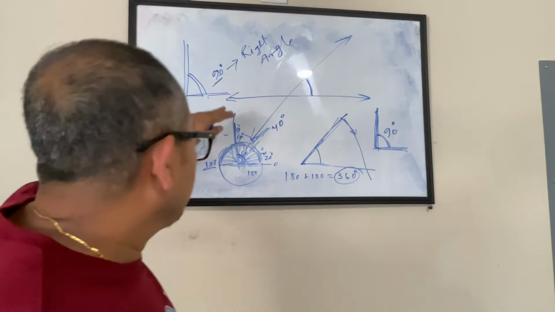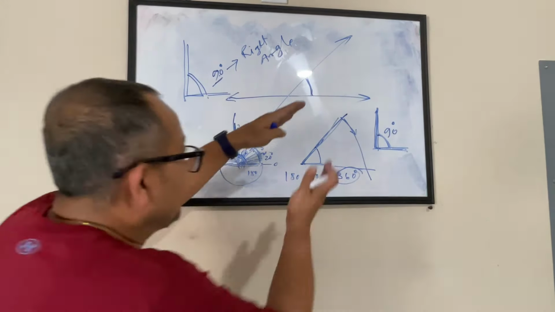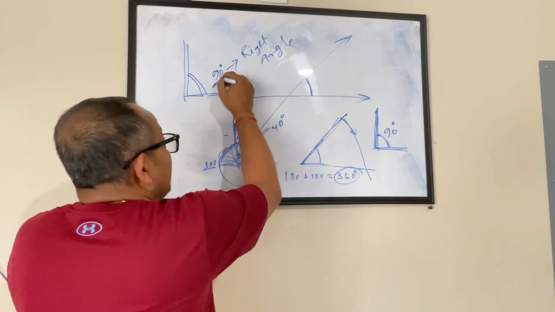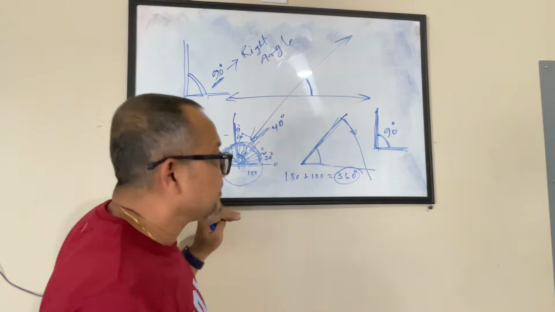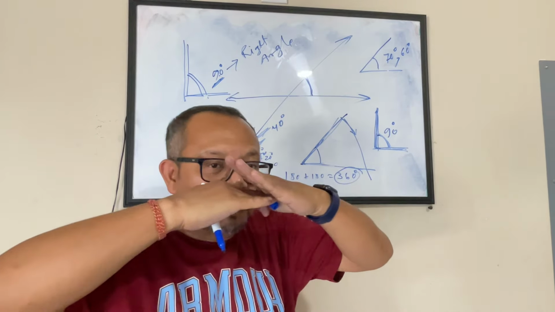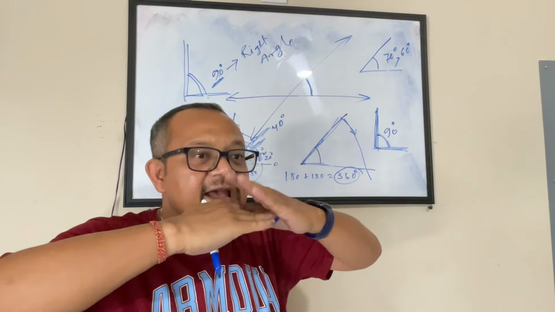So we just looked at lines or line segments leaning against each other, and if they are at 90 degree, this angle is called 90 degree or right angle. Now look at a situation like this, where this angle is less than 90 degree, let's say 70 degree or maybe 60 degree, okay? When the lines are not perpendicular to each other, meaning they are closer to each other, less than 90, the angle is shorter, smaller, okay? Anything that is small,